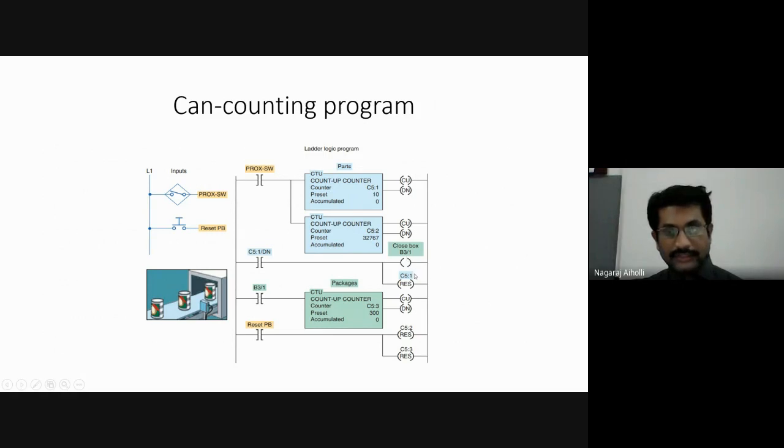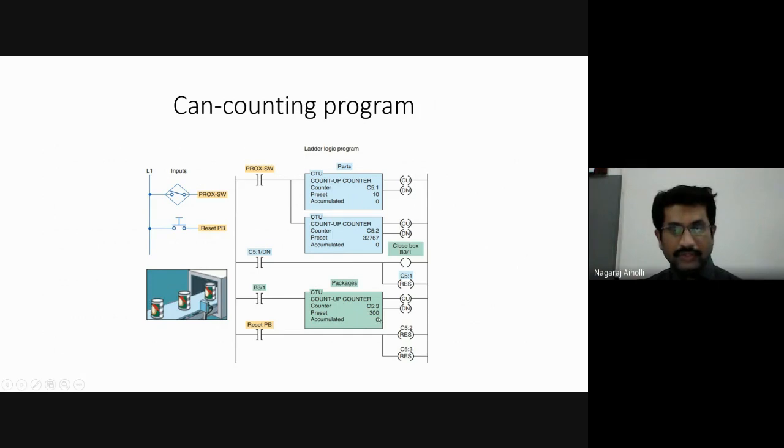Now the box closing is initiated here. So when the box closing is initiated, B3:1, the contacts become closed here. So we are using the coil at the output side and the contacts at the input side. This we have studied in our previous classes. As the contacts are closed because of the coil being energized, the third up counter will start to count. And this third up counter is for counting the number of packages, how many boxes are coming out of the process. So to count that, we are using the third counter.